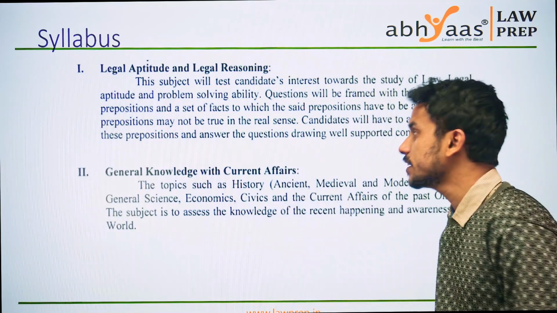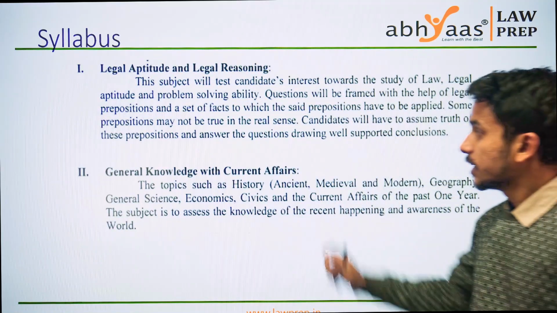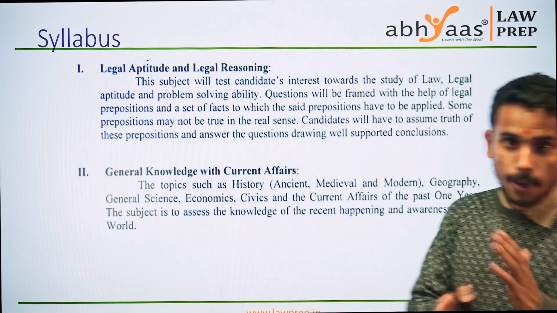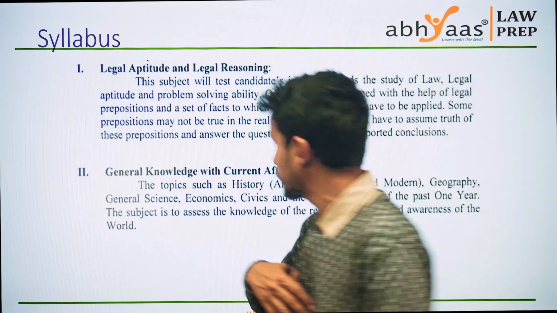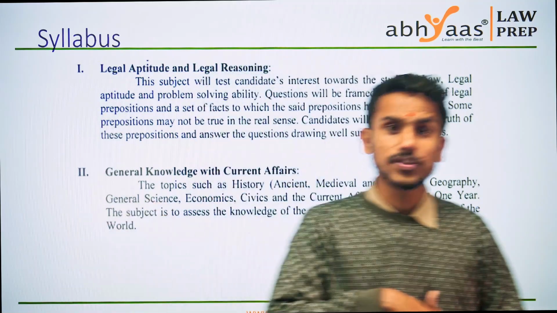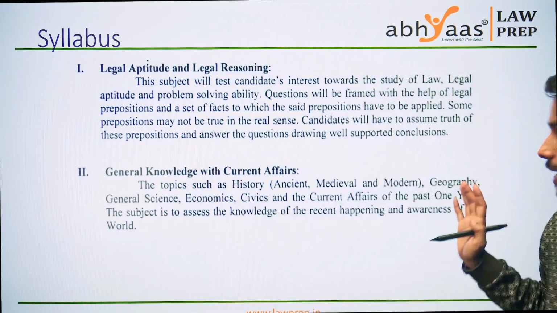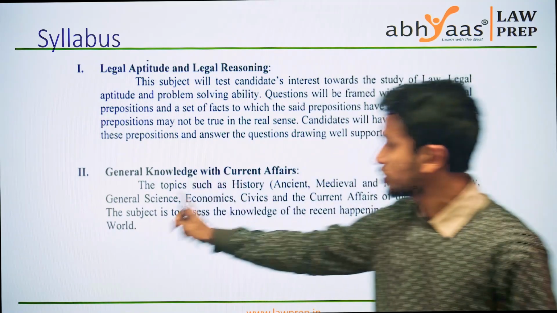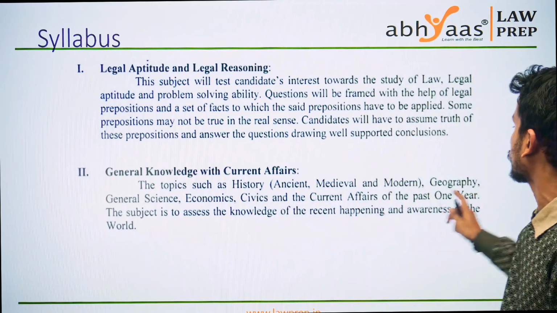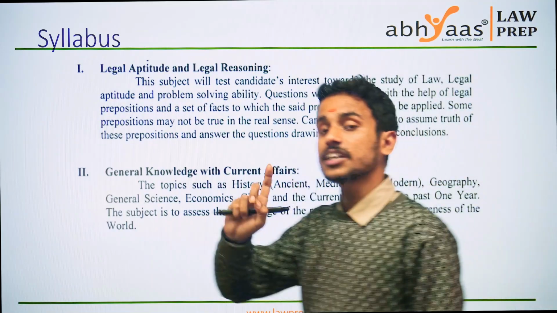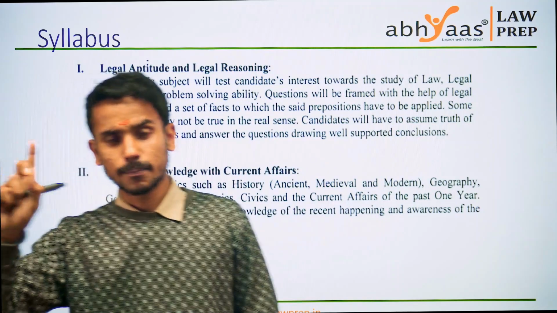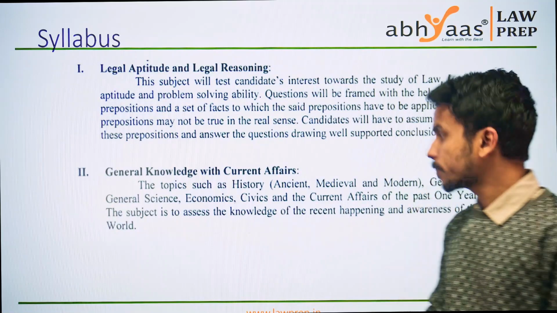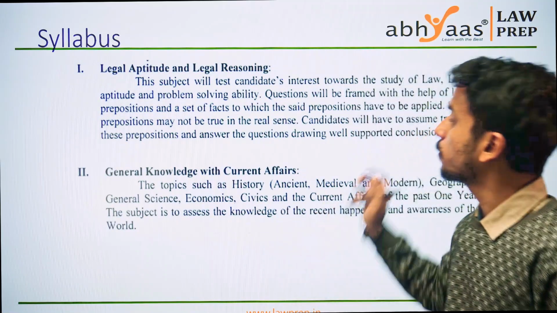Now, the second one is general knowledge with current affairs. General knowledge with current affairs means that there is no such demarcation of how many questions of general knowledge will be asked or how many will be current affairs, or will there be purely current affairs or general knowledge. It can be anything, but the topics are history (ancient, medieval, modern), geography, general sciences, economics, civics and current affairs of the past 1 year, that means starting from May of the last year, that means May 2023 to April 2024,